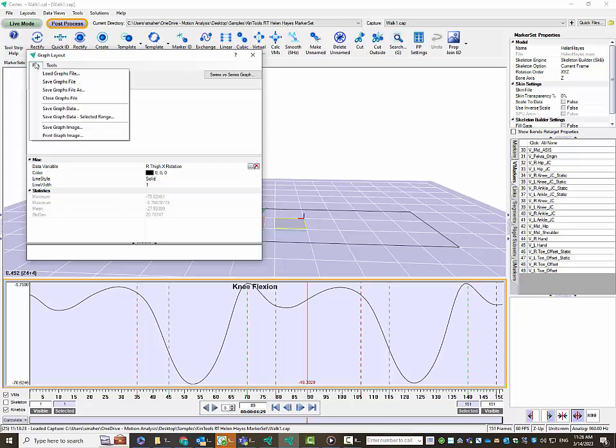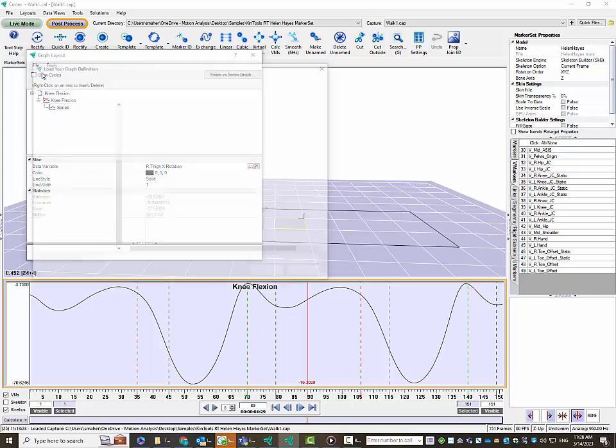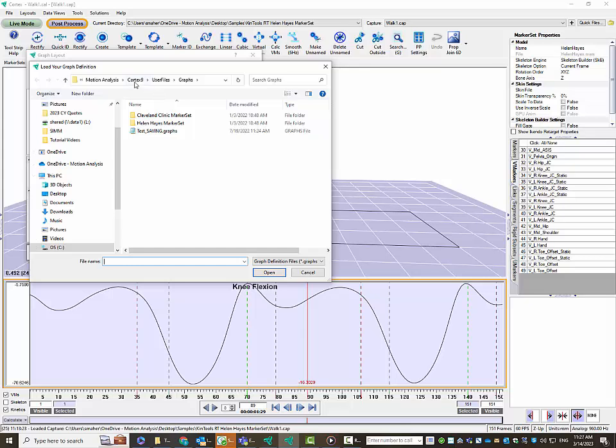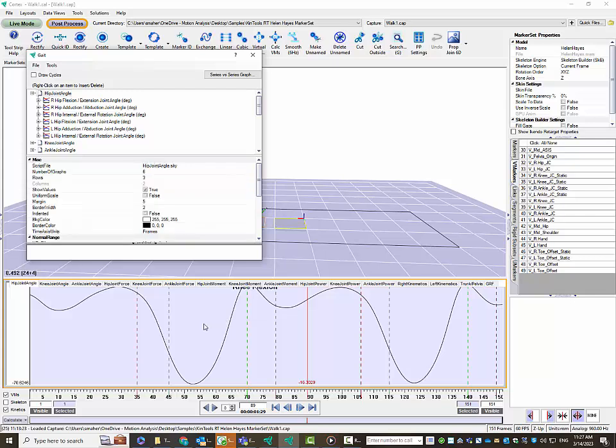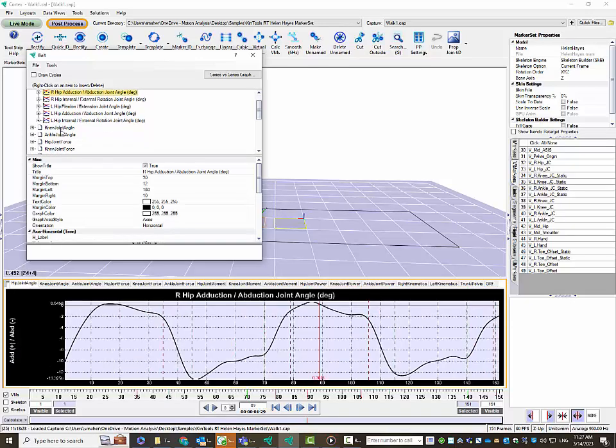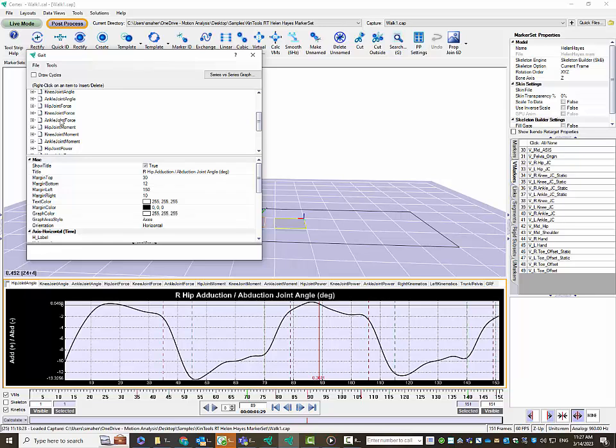Within Cortex, we can also display pre-saved and preloaded graphs. For this, we will be opening up our gait graphs, which are set within Cortex under the Helen Hayes marker set under the user files graphs folder. For this, we then can display certain parameters based off of gait outcomes, very common gait outcomes in this. For this, we can display our hip flexion, where we can show our hip adduction, abduction, joint angle in this